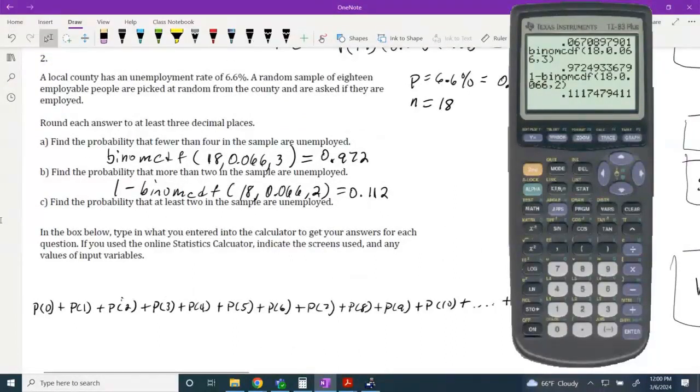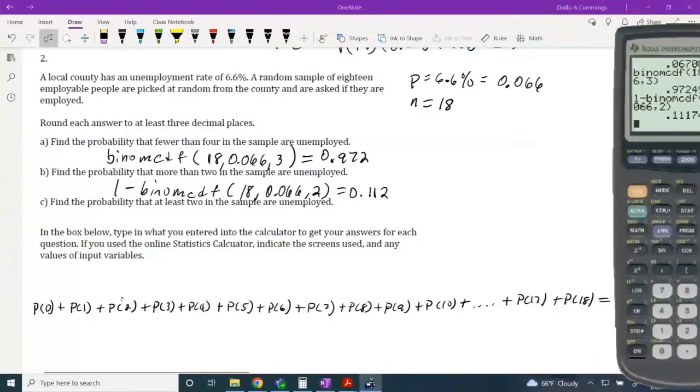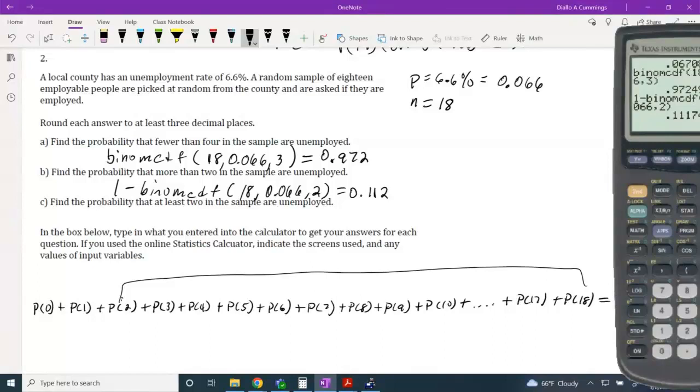So C says find the probability that at least 2 people in the sample are unemployed. So now if you want at least 2, that means you could have 2, 3, 4, all the way up to 18, right? So at least 2, I must include 2. So I'm going to just draw that out. So we want the probabilities for 2 through 18 people, but the calculator only gives us the cumulative from that number below. So we're going to use 1 minus